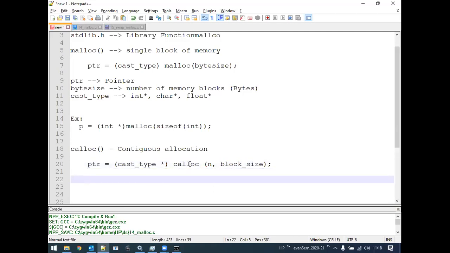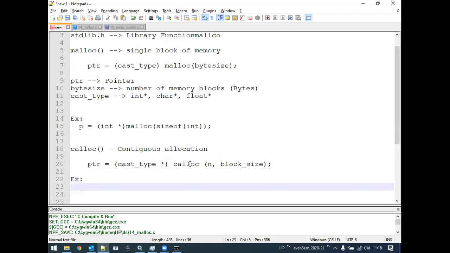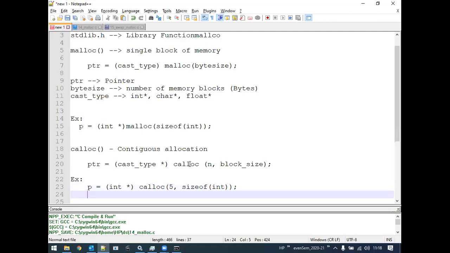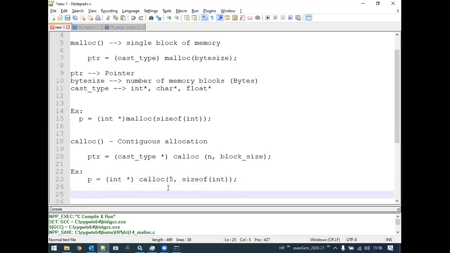So for example, say a pointer p equals an integer pointer. I want to convert it to use the calloc function. Since it takes two parameters, let me say 5, comma, sizeof int. The meaning here is that I'm going to allocate memory blocks using contiguous memory allocation.